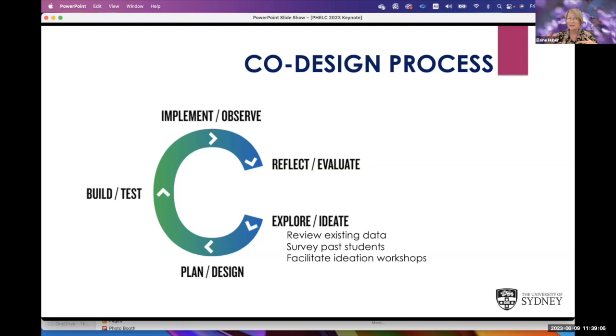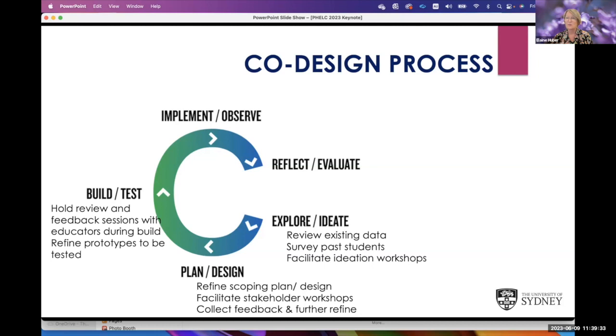So this is based on design thinking and educational development terminology. So we look at, what data have we got to go on, what information, let's think big, some blue sky thinking, what would we love to do better and improve upon? And then we go through the design phase, which can be iterative itself in terms of getting feedback from different stakeholders. The stakeholders are part of the design.